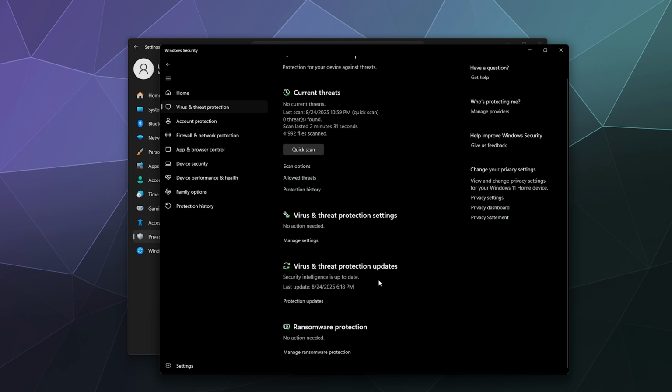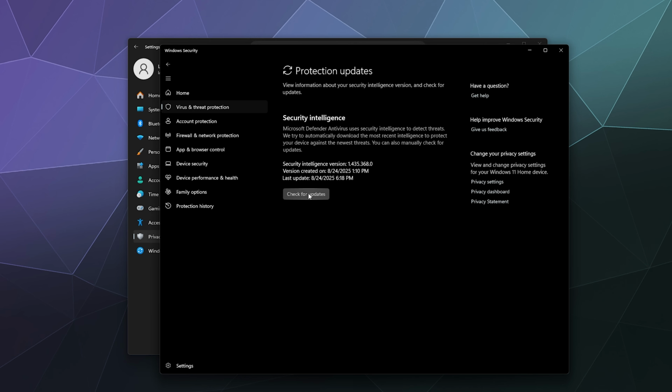Otherwise, one of the things you want to make sure of is that your virus and threat protection section here is up to date. It's basically a list of what all of the different viruses look like, so that Windows knows when it's scanning what is a virus and what isn't. If there's a new virus and you haven't updated this in a while, it might not find it when you first start scanning. So it's a good idea to go to Protection Updates and check for updates to make sure you have the most recent version of the virus definitions downloaded on your computer. It only takes a moment, and it's a very small file, so it'll download real quick,